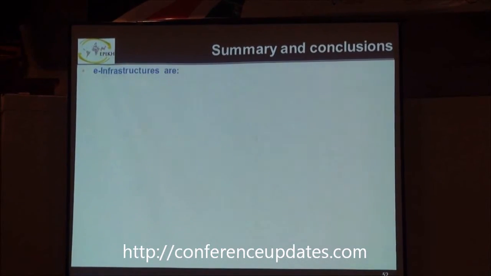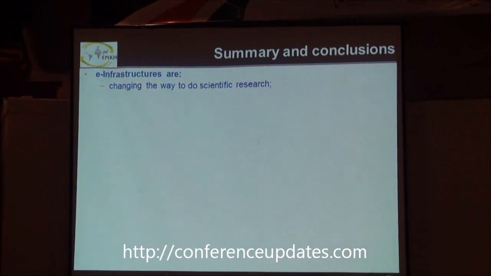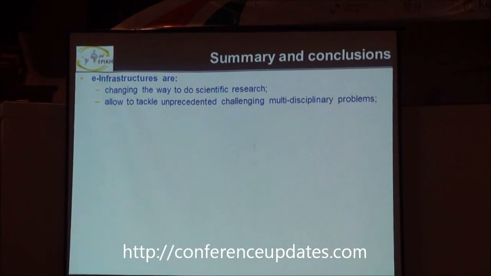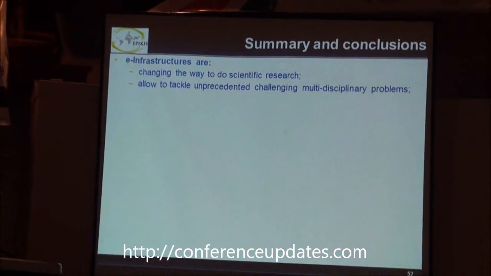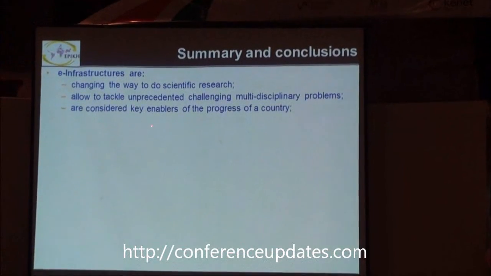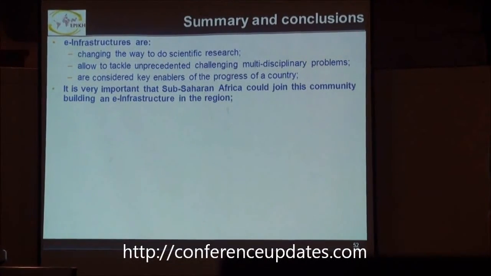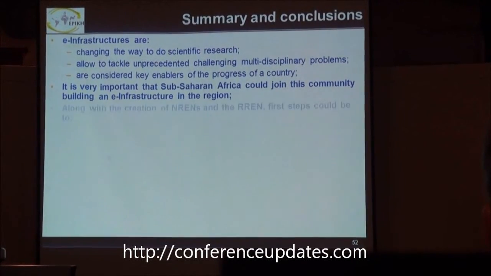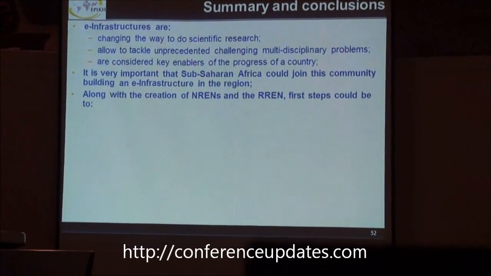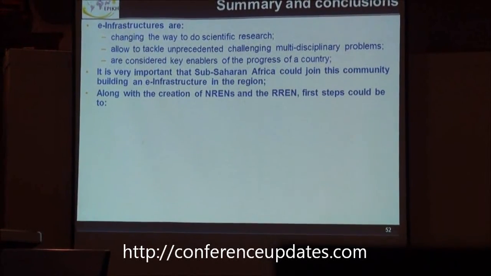Let me summarize. Infrastructures are changing the way we do scientific computing in many aspects, in many domains, not only in scientific computing but also in other sciences. They allow us to tackle unprecedented challenging multidisciplinary problems. I tried to give you a flavor of this, and they are considered key enablers of the progress of a country. So it's very important that the region join the community building an infrastructure, and this can be done step by step. So along with the NREN, the regional networks, UbuntuNet Alliance, WACREN,